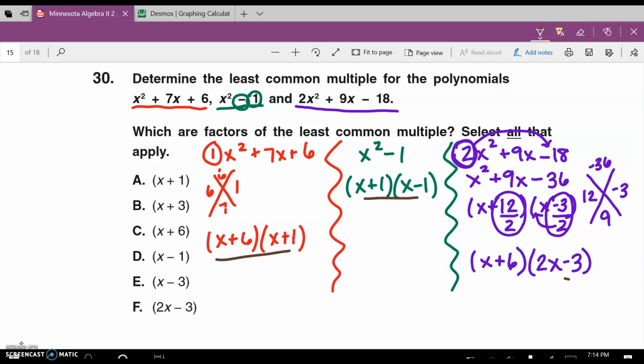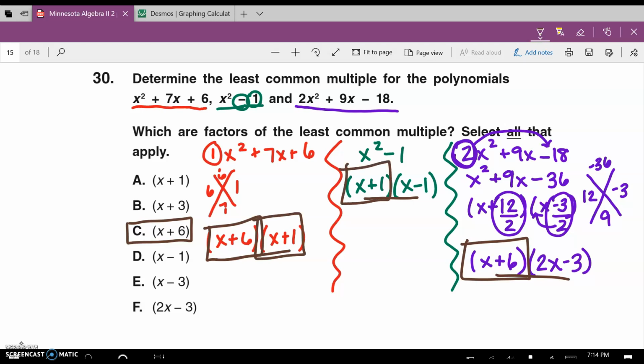So now we have all of our factors. Everything is factored. And we have some of them that are similar. So here we have an x plus 6, and here we have an x plus 6. So C has x plus 6. We have an x plus 1 here, and an x plus 1 here. So A is x plus 1. We have an x minus 1. D is x minus 1. And last but not least, we